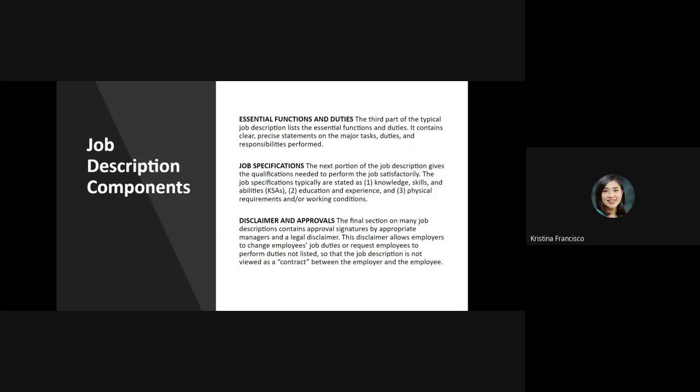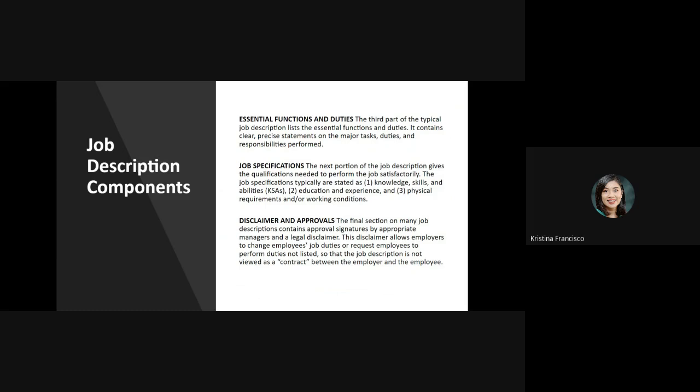We have also the next portion of your job description, which is your job specification. These are the list of the skills, the knowledge and the qualifications needed for the job, like education or physical requirements and many other related details. We have also included your work conditions, wherein it describes the job environment, including factors like weather, noise, or if it's office based